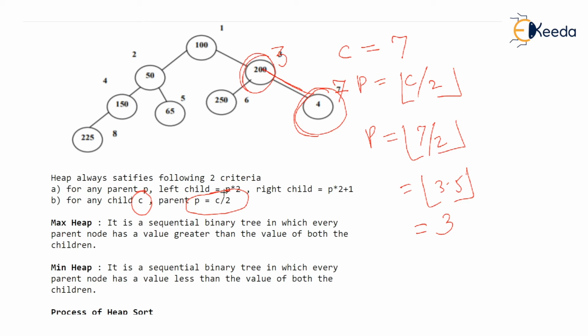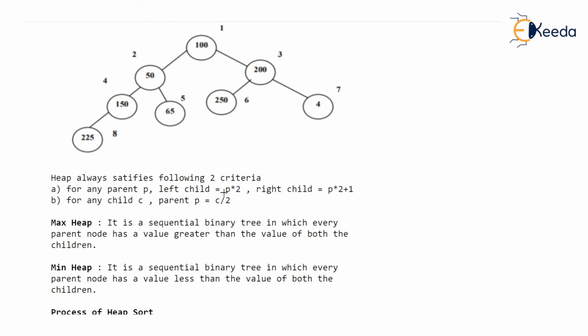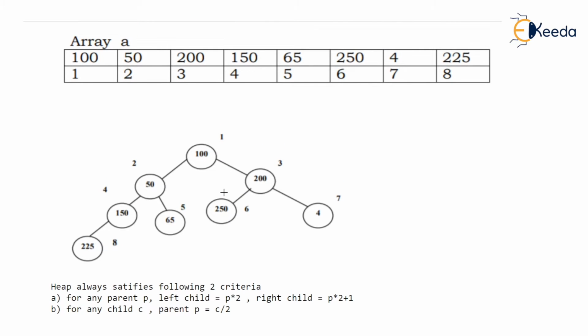Now, once we have understood this, you do an exercise again with me. Just don't see the binary tree that I have drawn here, or the heap. This is the heap that I have drawn. But just watch the array. If I ask you, this value 65, which is located at 5th node, 5th value, where is the parent of this? So you will say parent of this is at 5 by 2. 5 by 2 is 2. So indeed 50 is supposed to be the parent of 65, and that is what we have shown here. Look, now I am getting back to the binary tree. 50 is the parent and 65 is the child.